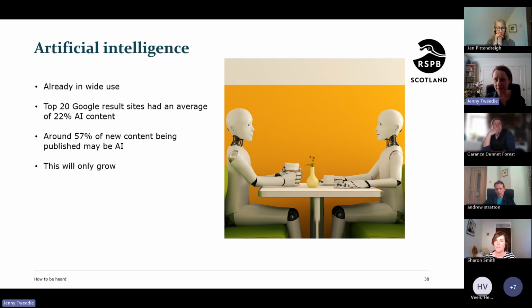I think certainly the slightly older generation, into which I put myself, maybe don't realize how much young people are using it for job applications, for letters, everything. They're thinking, well, how can I use AI for this? Why should I learn how to write a letter myself when AI can do it for me?